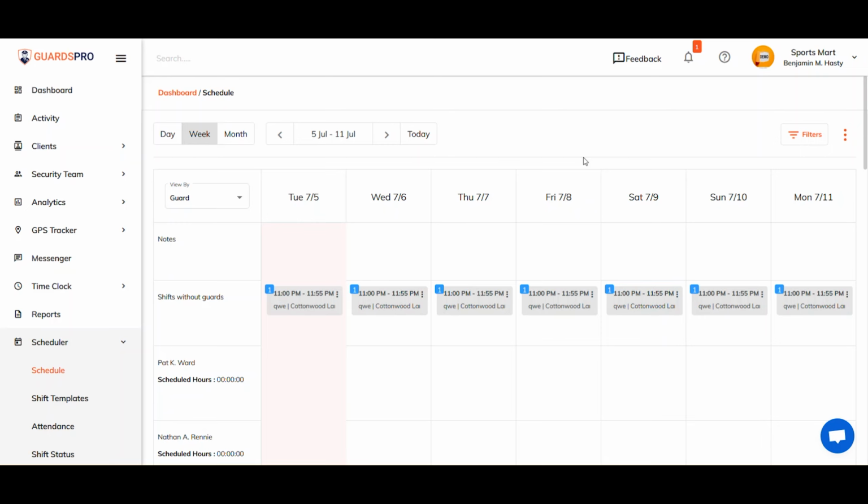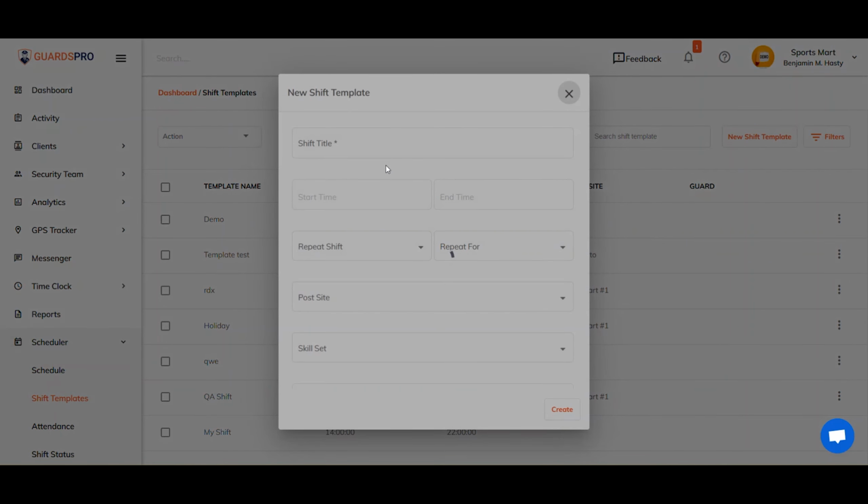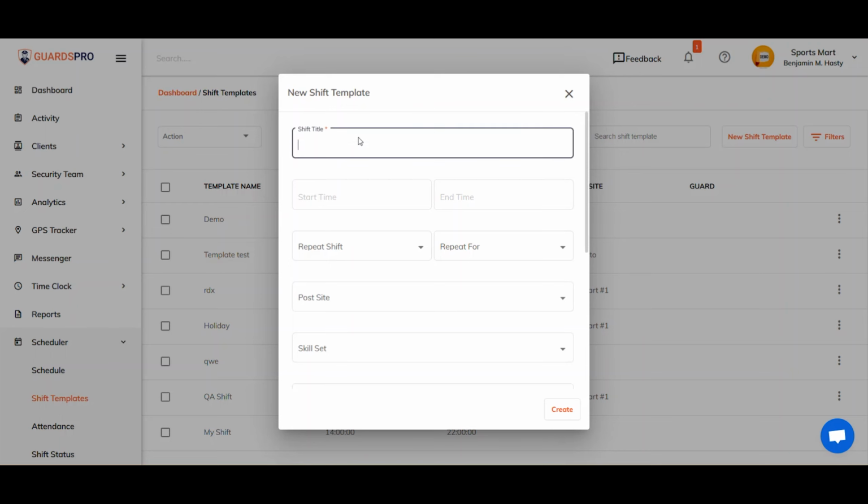Alternatively, click on Scheduler on the main menu and select Shift Template from the drop-down. Here, click New Shift Template. Now, add the necessary information and the template will be added to the list of templates which you can use